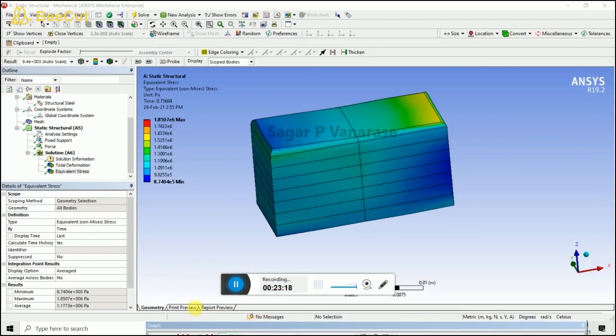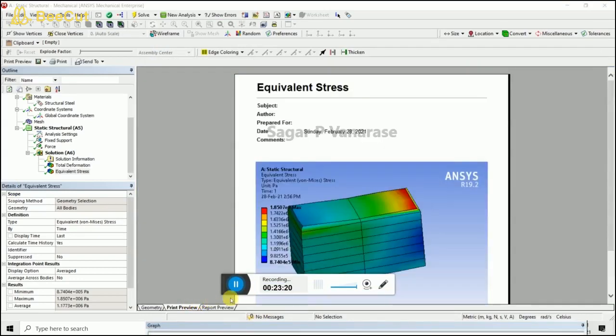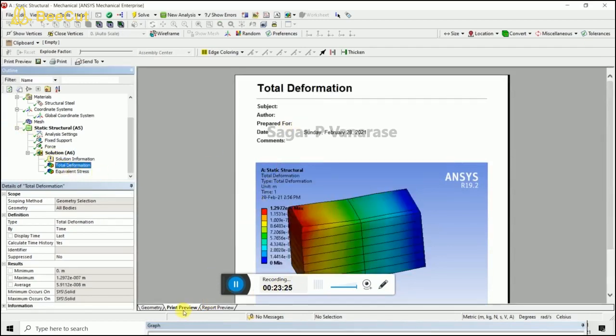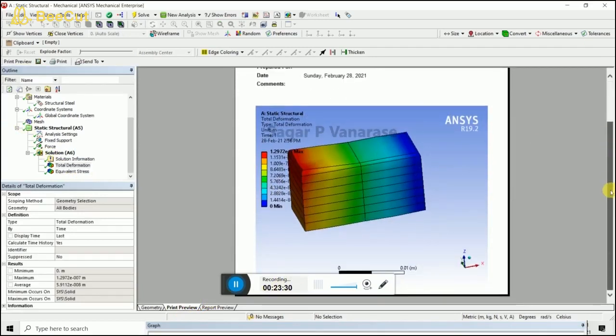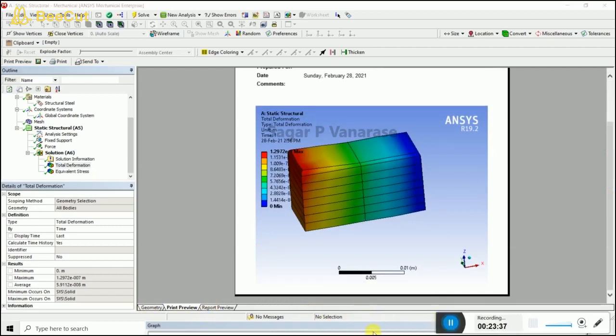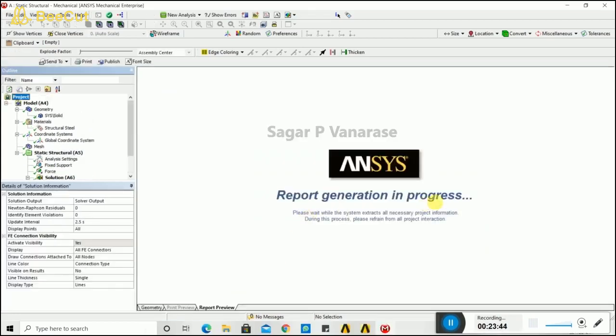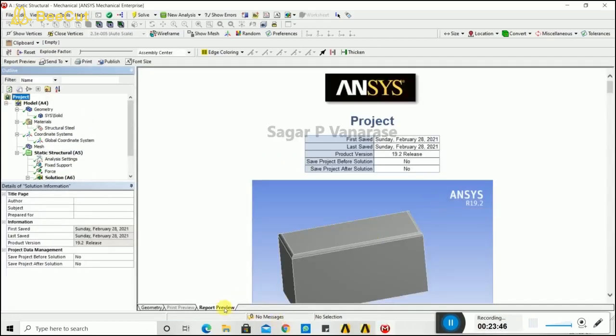Graphs are also shown here, showing the different results on our graph with respect to our object and applied force, the total deformation graph or total equivalent stress graph. It is also shown, as per our object, when the fatigue or failure will occur. So here is our total deformation print preview. I have not filled in the details properly, but I have the date and time and the various object colors with the color code chart shown.